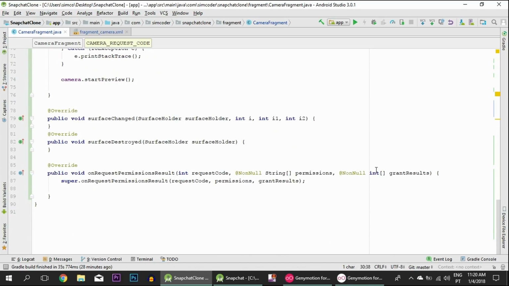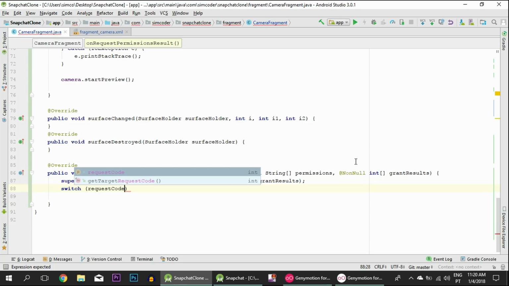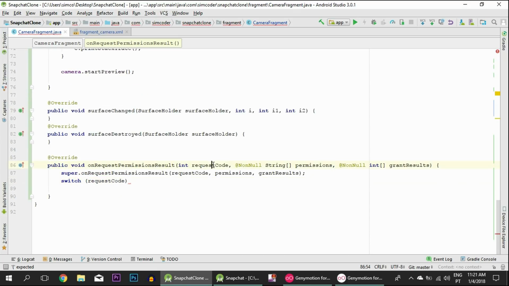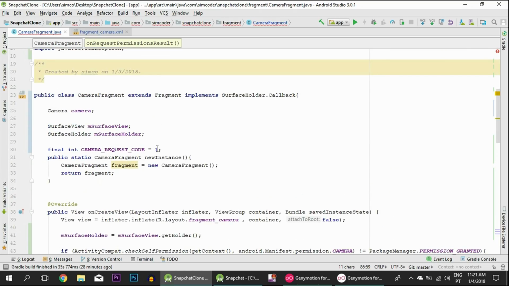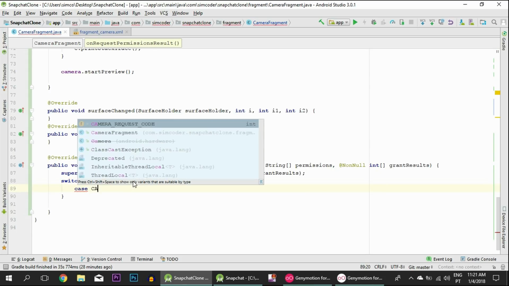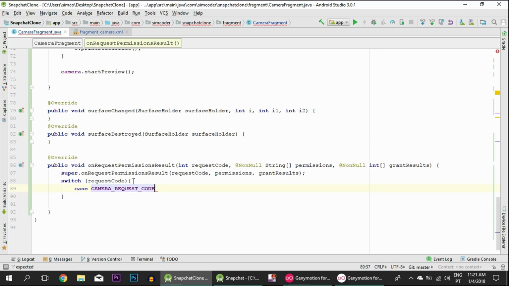So in here, super, okay, we can leave it there. Let's switch the request code, even though in this case we only make a request for one thing, which is a camera, and so we know that every request code that will show up in here will be 1. We have to, just for good measure, make a switch, and even if you want to make other requests, you have everything ready for you. So case camera request code, colon, open up brackets,